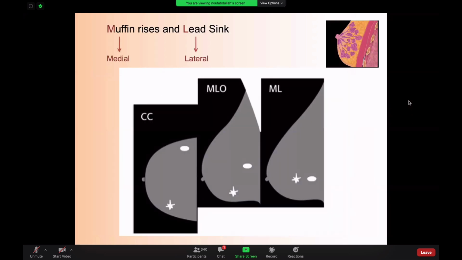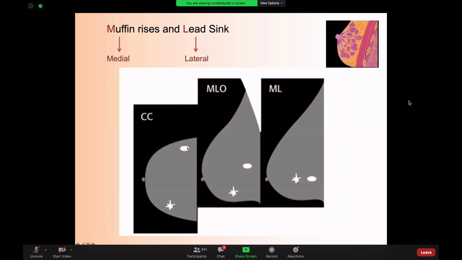You also have to keep in mind that when we do the mammogram, we do two views, CC and MLO. MLO means mediolateral oblique. We don't have a mediolateral straight view. So since we do an oblique view, it means that we have some obliquity of the view, which means that it does not give you an accurate location on the MLO view. So generally speaking,